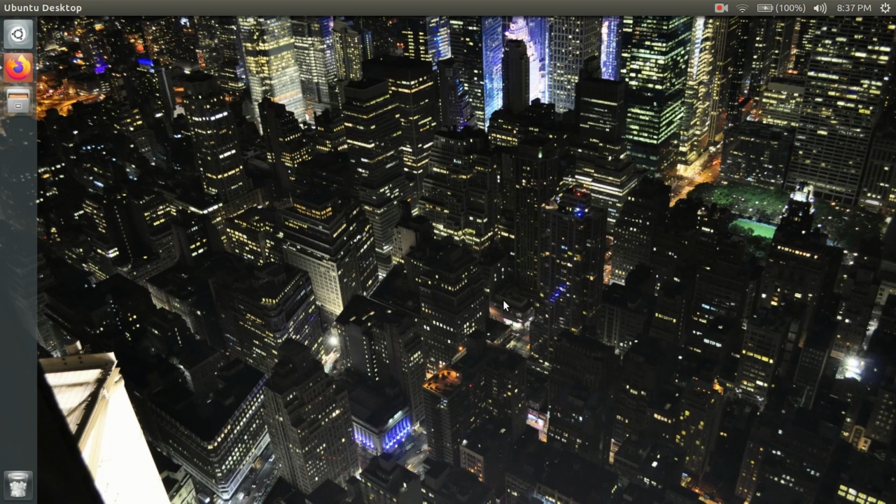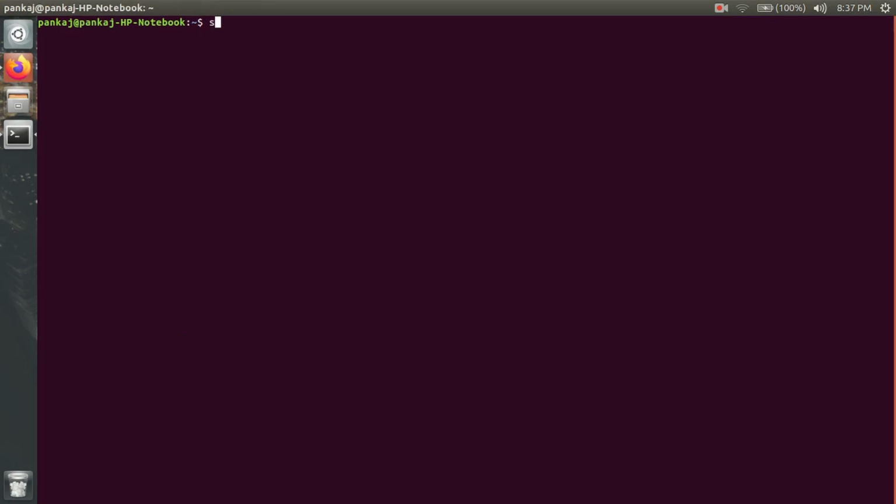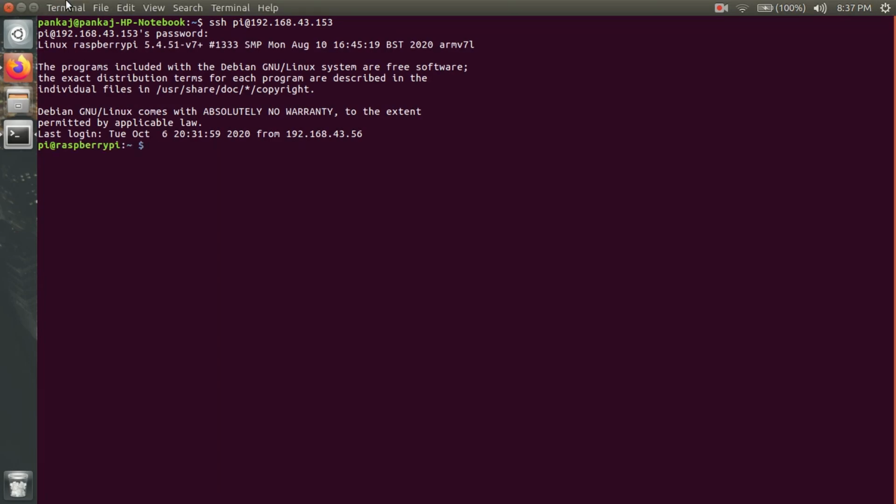In my case, the companion computer is a Raspberry Pi. My Raspberry Pi is connected to the Pixhawk via the UART protocol, that is, serial communication. And to access my Raspberry Pi, I have connected my Ubuntu machine and my Raspberry Pi to the same local network, or the same router. So here we'll get into the terminal and we'll access the Raspberry Pi with ssh pi@ the IP address of the Raspberry Pi. Now we need to enter the password, and here we go, we are in the Raspberry Pi.